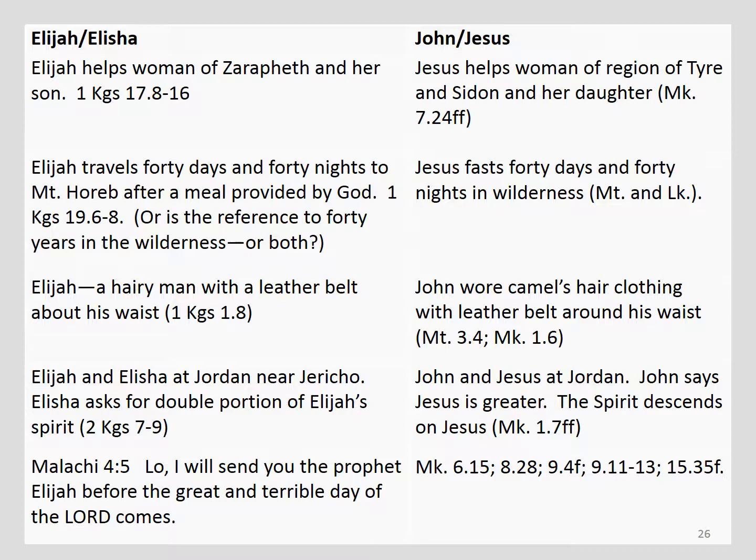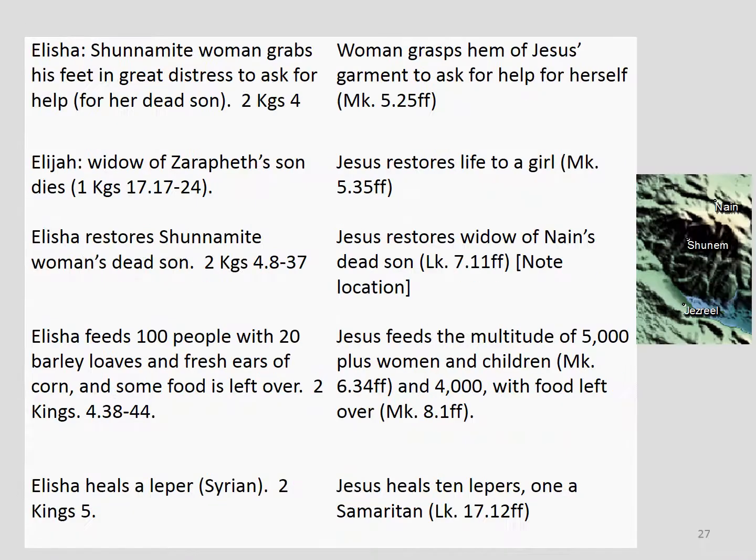The prophecy in Malachi chapter 4 verse 5 is, "Lo, I will send you the prophet Elijah before the great and terrible day of the Lord comes." And that is referenced in several passages in Mark's Gospel, in chapter 6, 8, 9, and 15. Furthermore, Elisha,